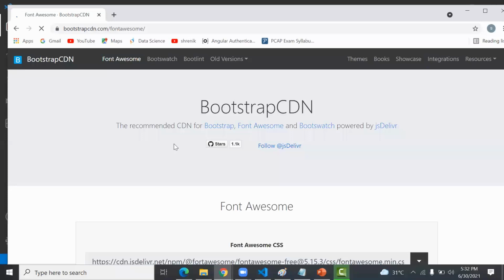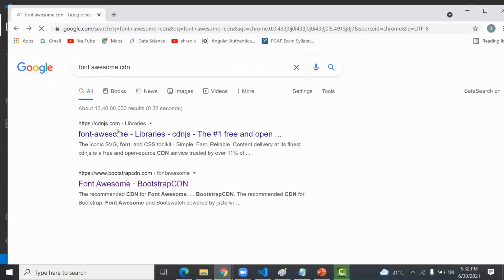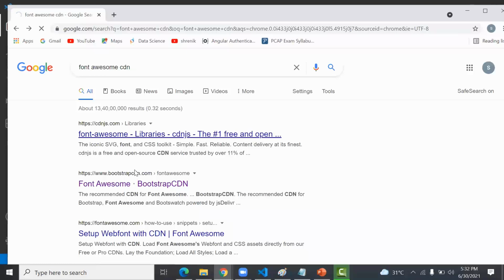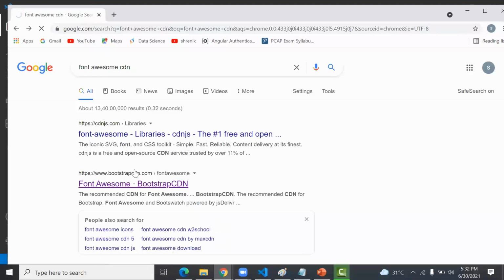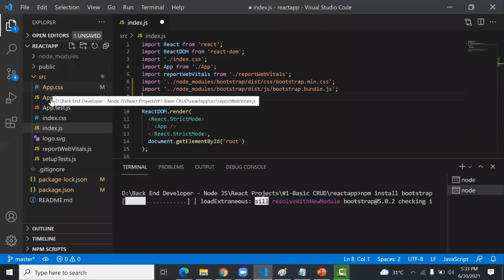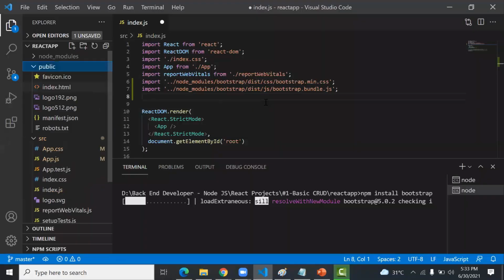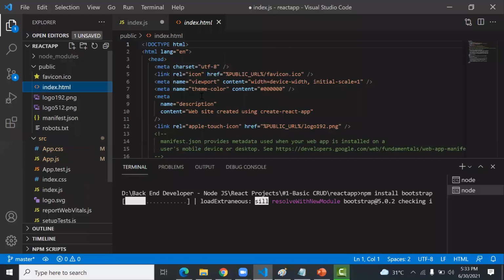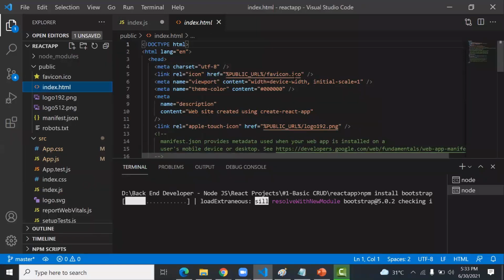So let's go for the Google one. Mostly I use the Google icons. So I'll go for this first link, cdnjs.com. And from there, I get a copy of the Font Awesome CDN and I keep this inside. This is, you can see, cloudflare.com Font Awesome. Like this, here also some more links. Okay, so get this first link, all.min.css, copy URL, and in the project, go for index.html, and here I paste this link after this meta tag or before this meta tag.